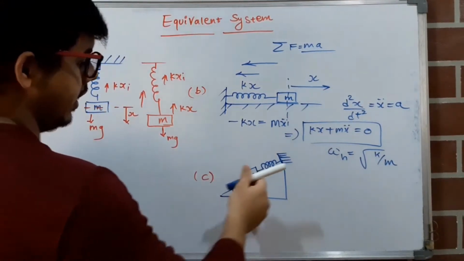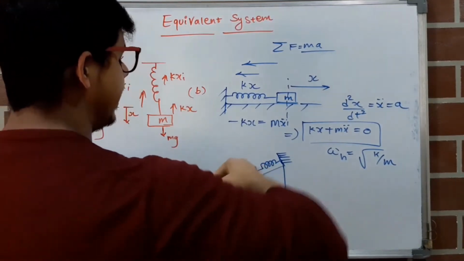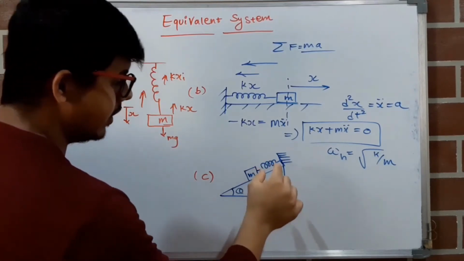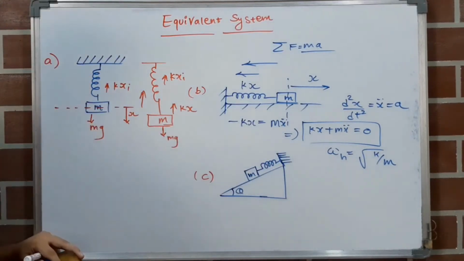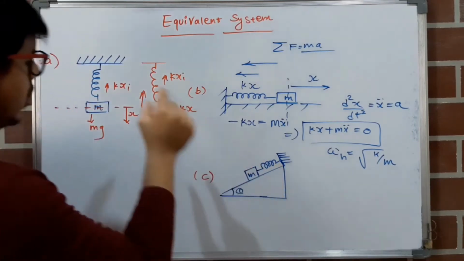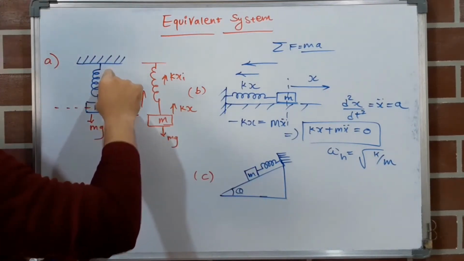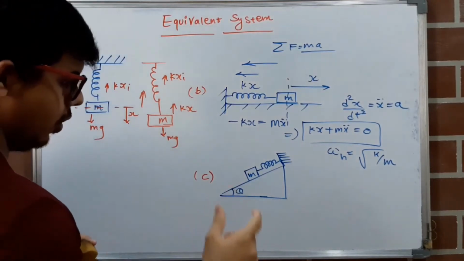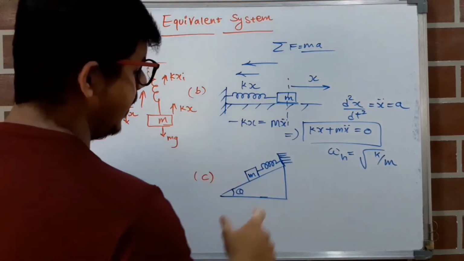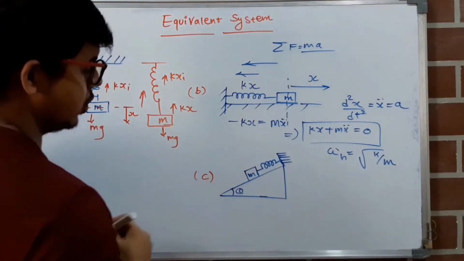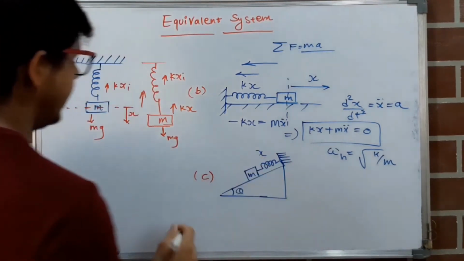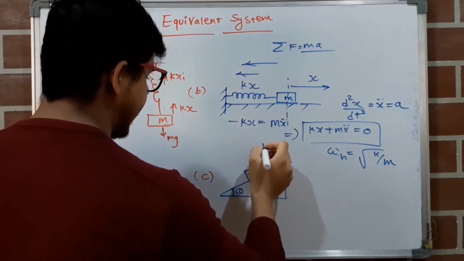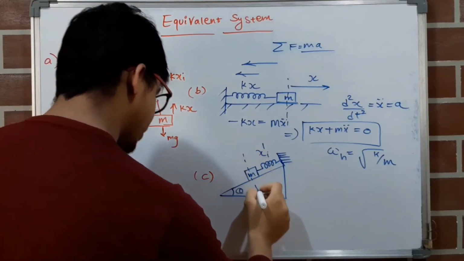So now you can see this mass is kept on an inclined plane. So there will be a deflection. Will this deflection be equal to the deflection which we are getting in the first case? Pause the video and think. No, it will be different because it is held inclined. So there will be a different deflection from case 1. So we will mark that initial deflection with xi dash. So this is the mean position.